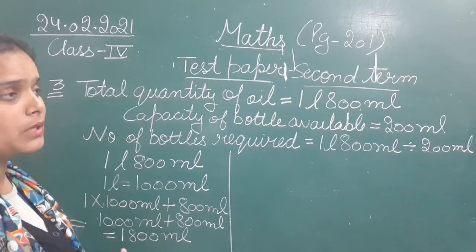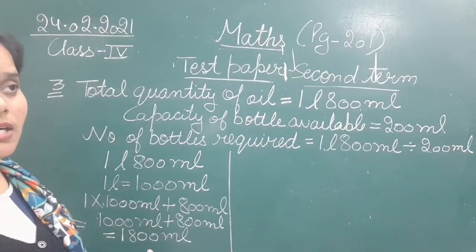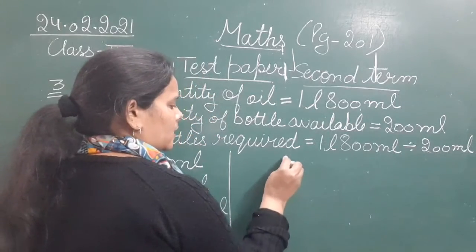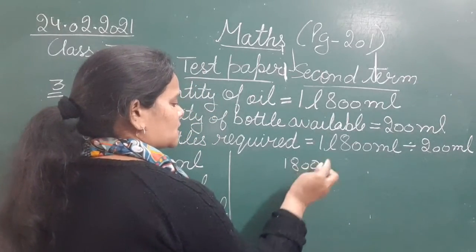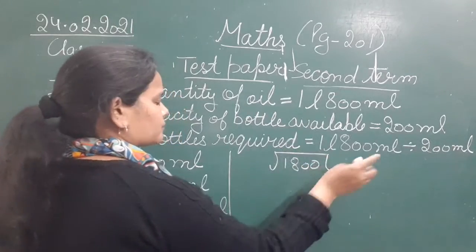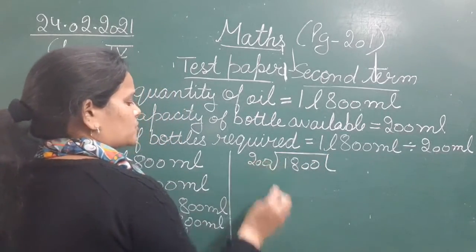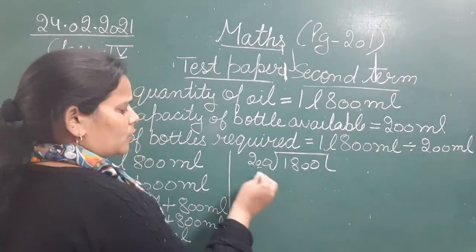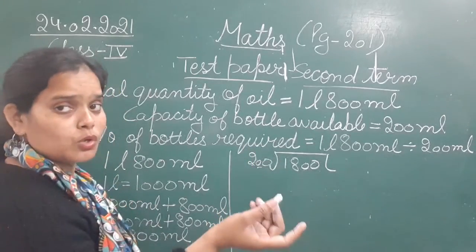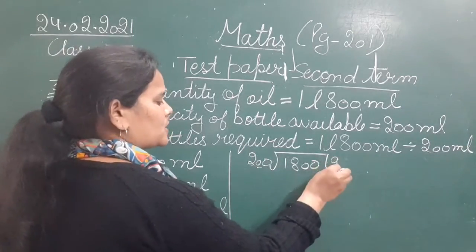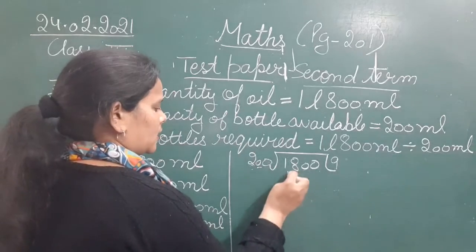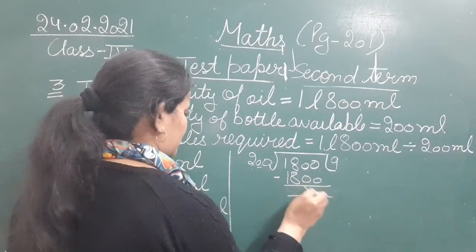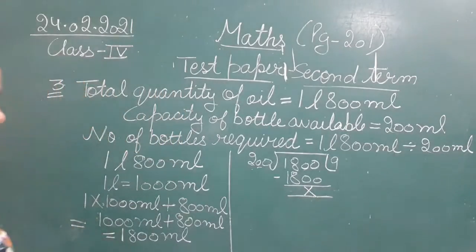जब हमने convert किया तो हमारे पास answer आया that we are having the 1800 ml of oil. Okay, and we need to put it into bottles of 200 ml. So that means we are going to divide this much quantity, that is 1800 ml, by 200 ml, the quantity of each bottle. So let's divide it. तो देखिए यहाँ पे 2 zeros हैं, 2 zeros हैं. Okay, तो you will read the table of 200 और 2, दोनों में से कुछ भी सकते. 2 9s are 18, वैसे ही 200 9s are 1800. Okay, 1800 minus 1800, nothing will be left.